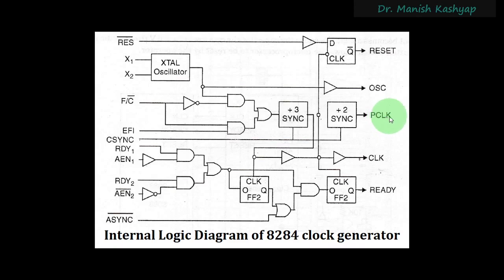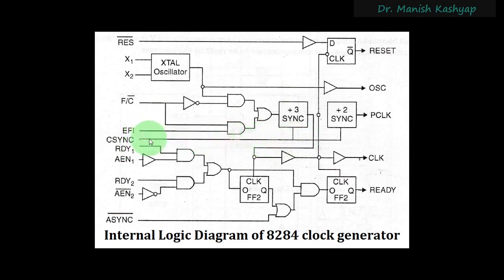However, if you want to work in maximum mode, there are other processors in the system also. Some processors might be slower, some processors might be a little less slower, and some processors will be working at par with 8086. I mean, they will be working at the same frequency at which 8086 works. So we have got this divide by 3 counter, divide by 2 counter. You can see that you have got these outputs as C-sync signal. This is used for synchronizing the external processors that you have together with 8086 in your system.